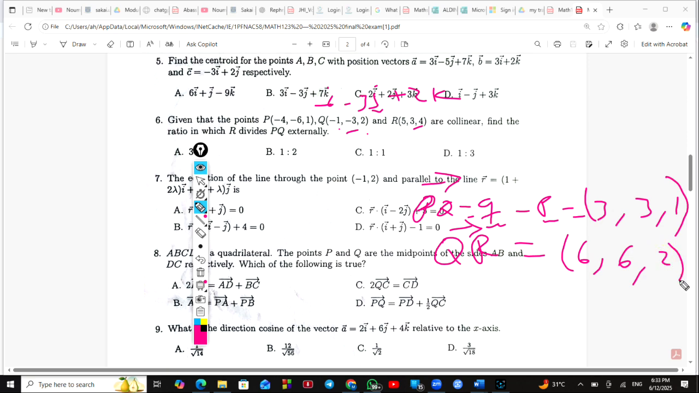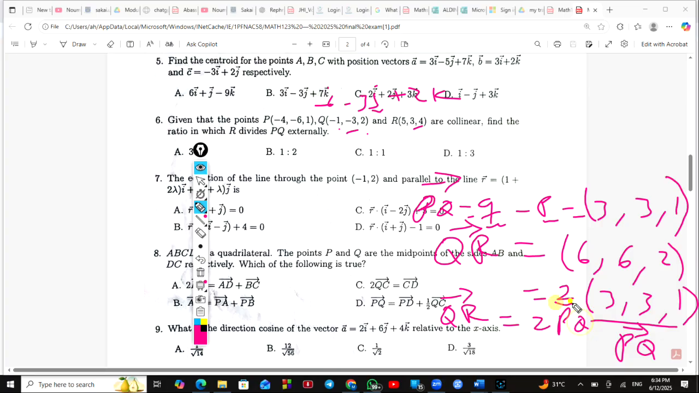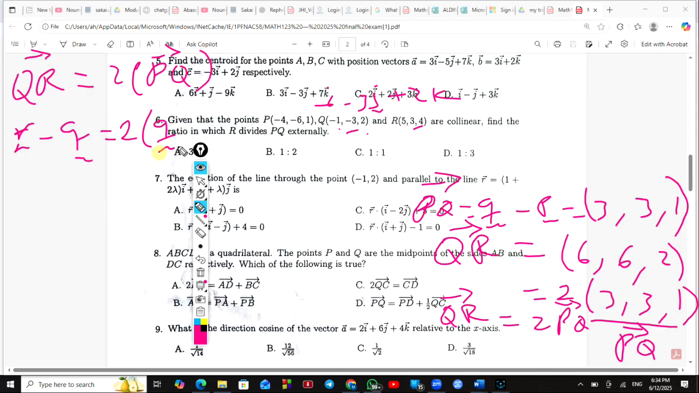So from here you can see that if we factor 2 out, we have 3, 3, 1, and you can see that this is the same as the vector PQ. So we know that QR is equal to 2 times the vector PQ. So if QR is equal to 2 multiplying the vector PQ, then little r minus little q is equal to 2 multiplying the vector small q minus p,